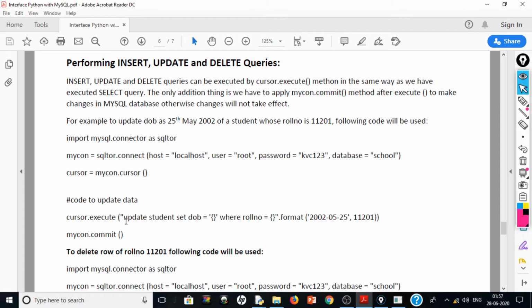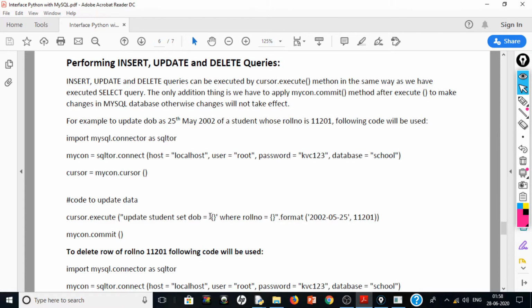So for that we will write update table name, that is student, set column name, we want to modify date of birth, equal to value. In place of value we are writing the curly bracket because we want a parameterized query. Because date of birth is a date type value, it should be in single quotation marks, so we have enclosed this blank curly bracket into single quotation marks.